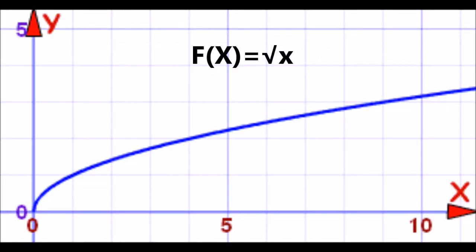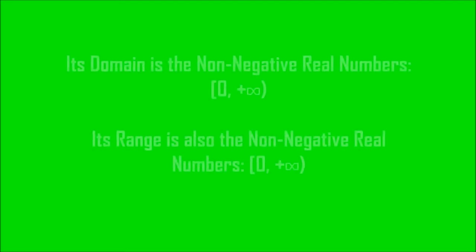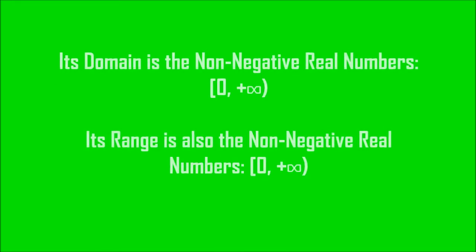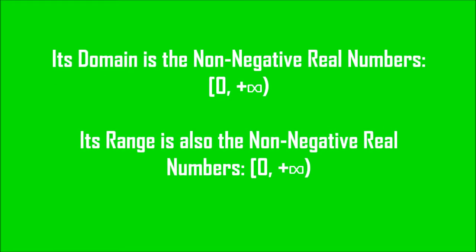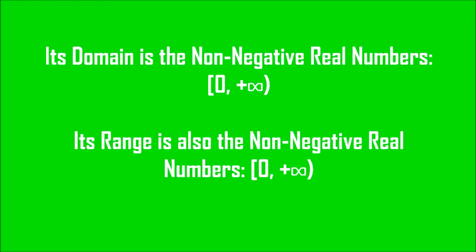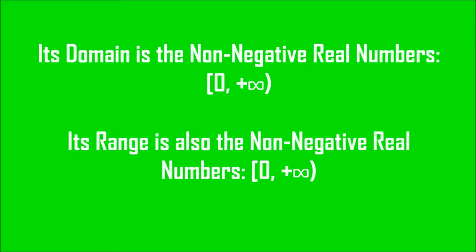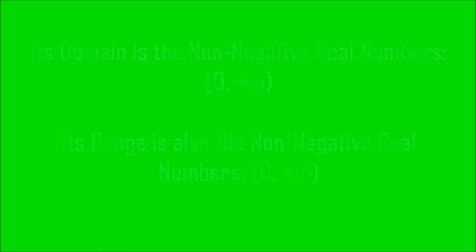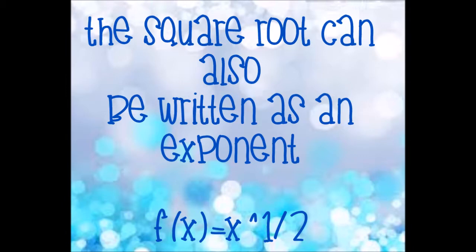Here is the formula for a square root. Its domain is the non-negative real numbers, 0 to infinity. Its range is also the non-negative real numbers, 0 to infinity. The square root can also be written as an exponent. f(x) equals x to the